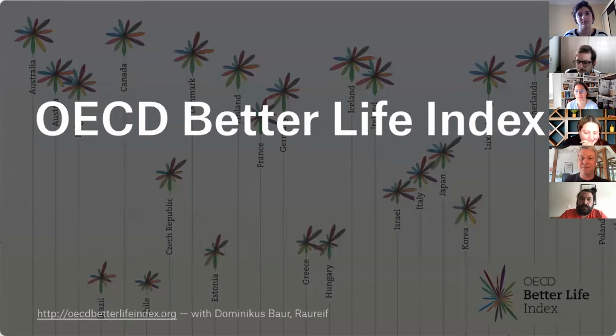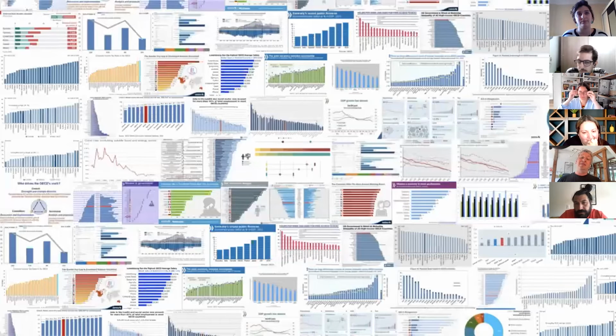So here's an example, a project I've been working on already 10 years ago, crazily, where the OECD commissioned me together with the agency Raureif in Berlin to create a new visualization for the Better Life Index they came up with. The OECD is typically known for really thick books with many tables and many bar charts, mostly blue. So they do the PISA ranking and all kinds of different indices and measurements about countries. But usually, again, it's very statistical, right?